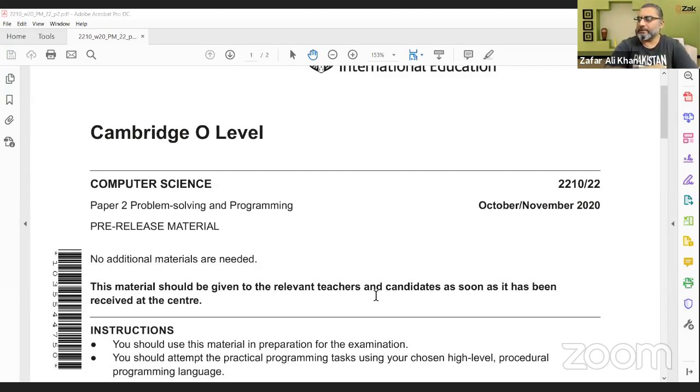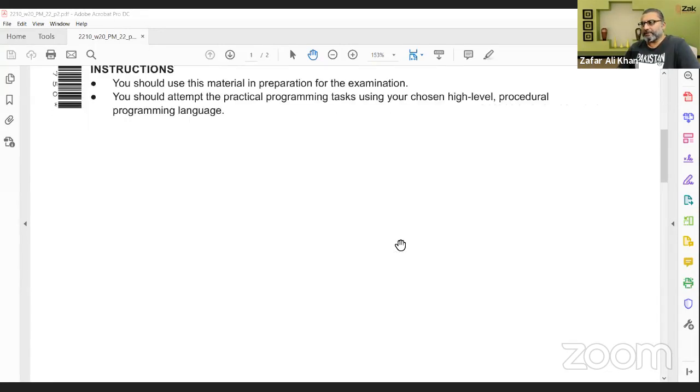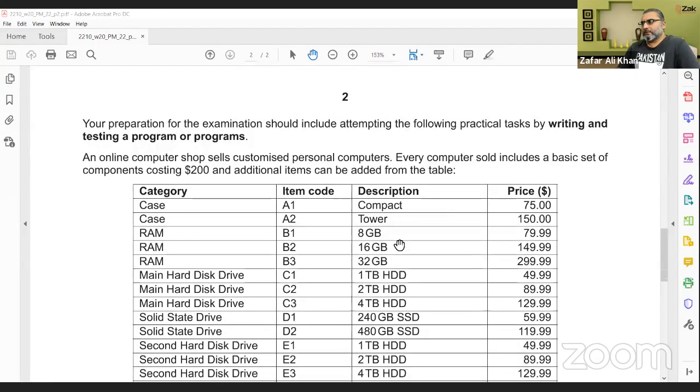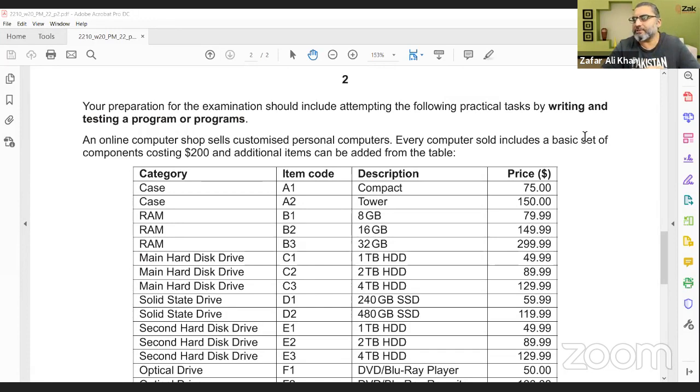This is Cambridge O level Computer Science P2 October November 2020 P22 pre-release material. So it says your preparation for the exam should include attempting the following practical tasks by writing and testing a program or programs. By writing and testing a program or programs means that you can write a single program as a whole, or you can write different functions and procedures